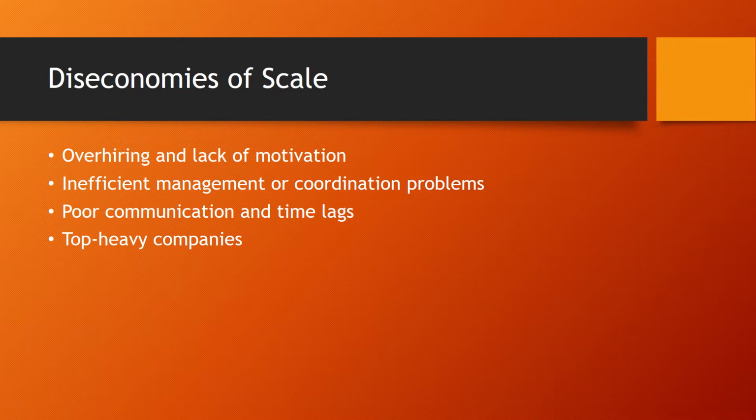What happens over time as companies get larger is we can experience diseconomies of scale. This happens when we overhire employees. Maybe some employees are not motivated properly and there isn't as much oversight as there should be because there are just too many employees. Also, it can happen if there's inefficient management. Maybe the management doesn't know specifically what their areas of coverage are and no one ends up covering a certain area. They could also have coordination issues, which is just that they don't know what's going on when, and there's poor communication.